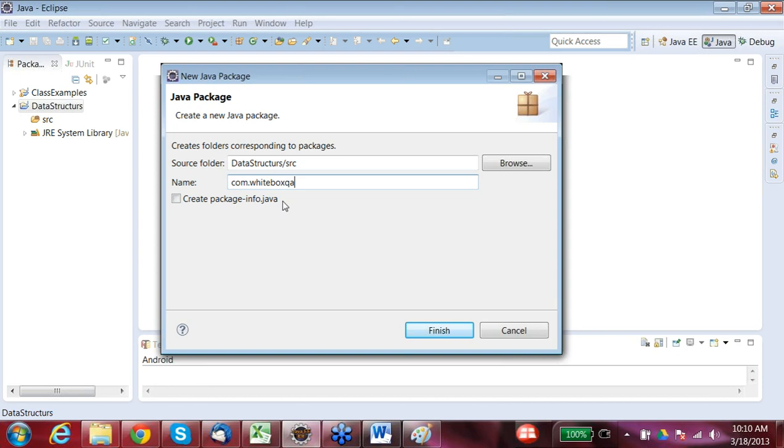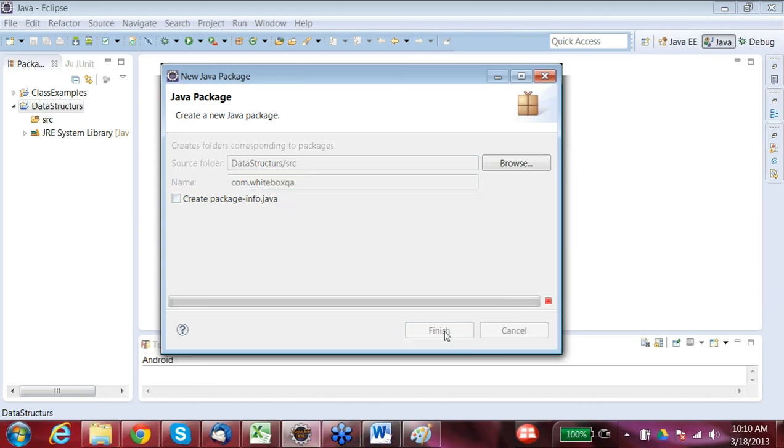Why do we create a reverse domain? Because I want to create a package which is unique throughout. URLs are unique, right? So the same URL written in reverse order would also be unique. So whatever classes or directory structure I define here would be unique throughout. This is the practice used in the industry to name your packages. So com.whiteboxqa, and I say finish.